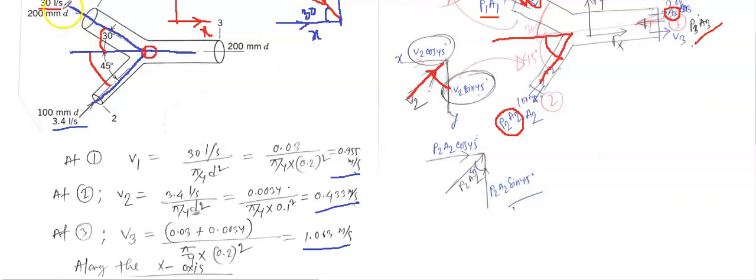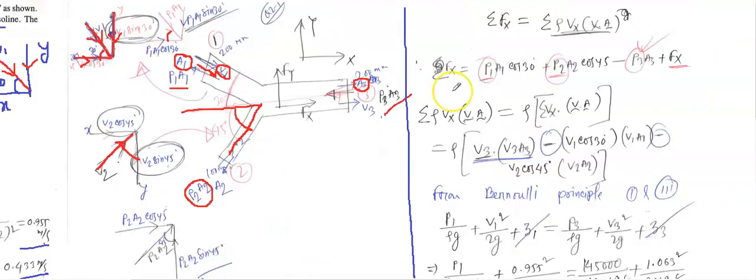So we will have, according to the continuity equation, the conservation of mass principle, the flow rate here should be the sum of these two. So that means this is 0.03 and this is 0.0034. So in that way we calculated the v3 here. Now we will calculate the force,